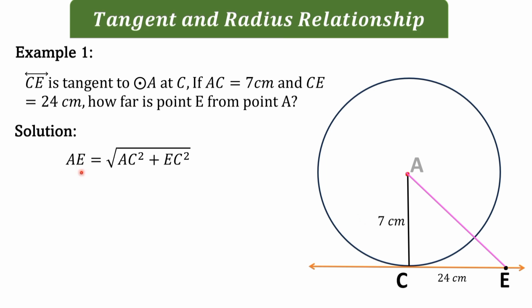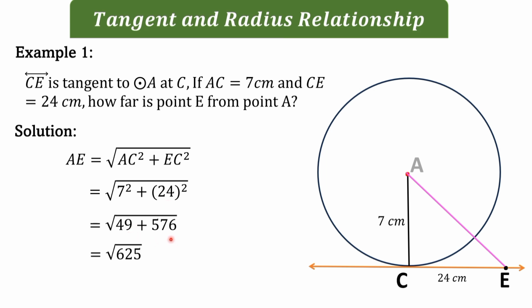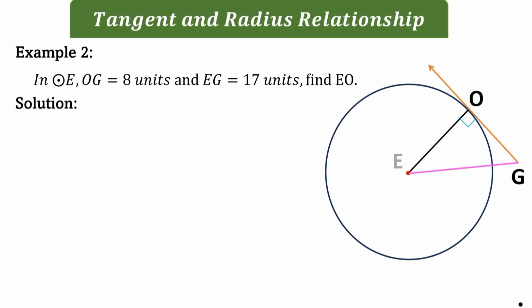The Pythagorean theorem formula: AE, or the length of AE, is equal to the square root of AC squared plus EC squared, equals the square root of 7 squared plus 24 squared, that is the square root of 49 plus 576, is equal to the square root of 625. Therefore, the length of AE is equal to 25 centimeters. Example 2, in circle E,